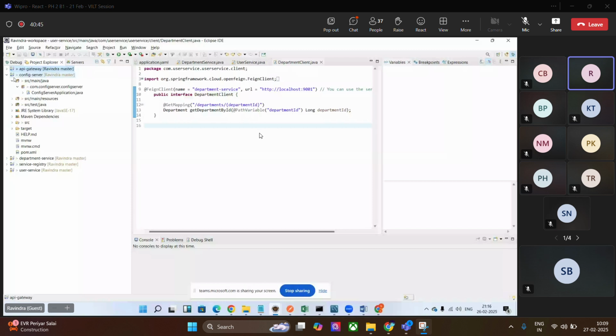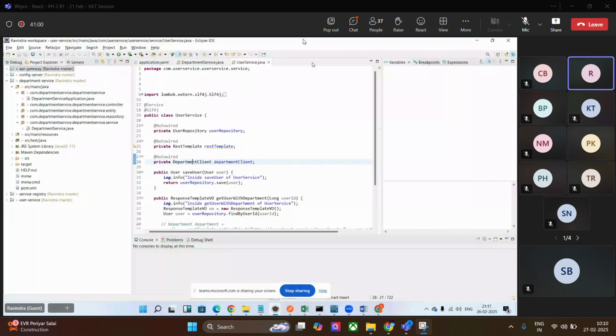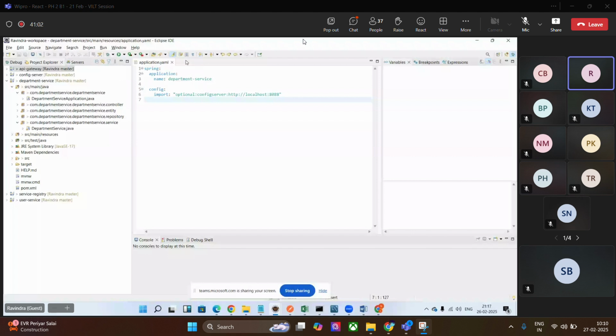Let me revise the things quickly. I have created one microservice. What is that? It's called department service. So to interact our Spring Boot microservice with the database and to perform the CRUD operations, what are